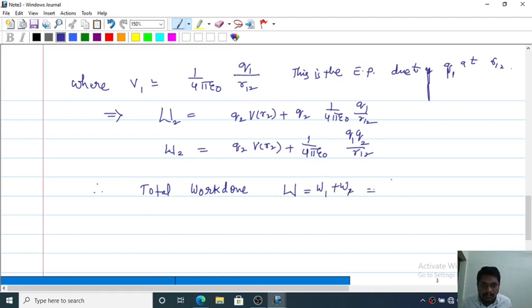I'll write in the next step: W is equal to Q1 into V of R1, the first work done, plus the second work done, Q2 into V of R2 plus 1 by 4 pi epsilon naught Q1 Q2 by R12. Okay, so this work done